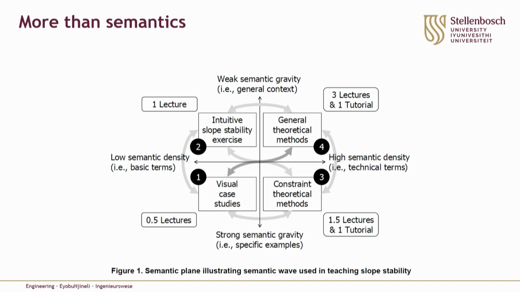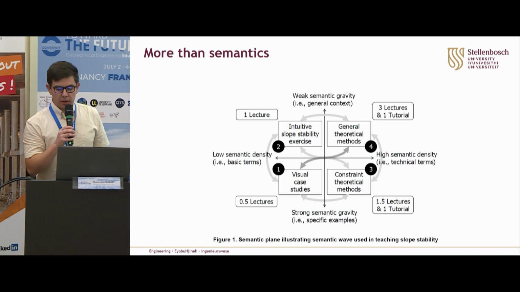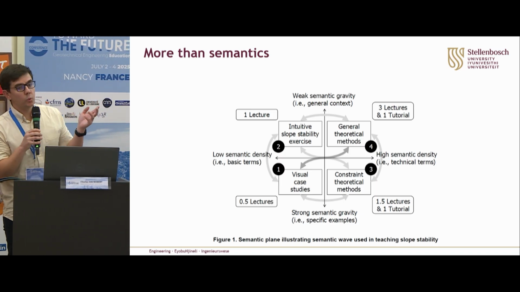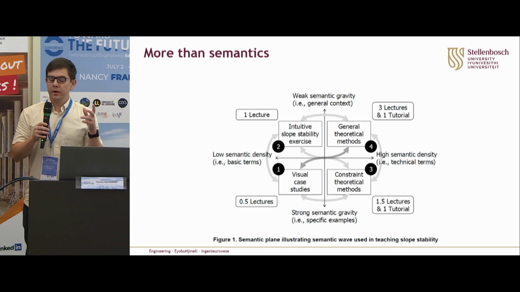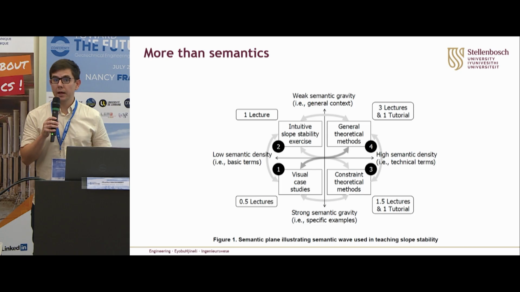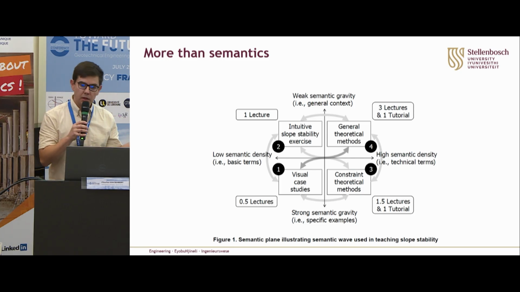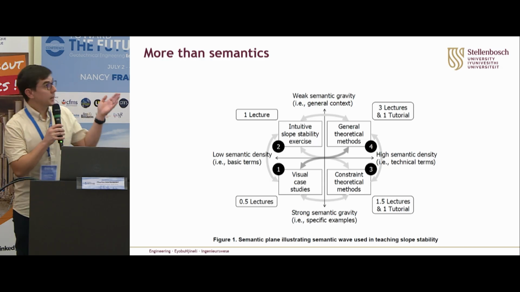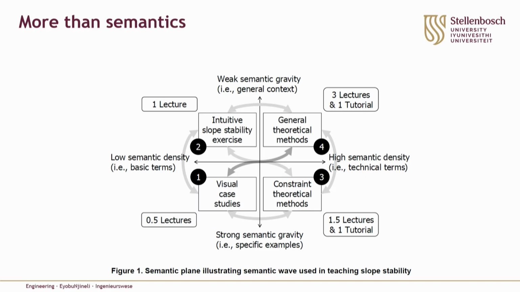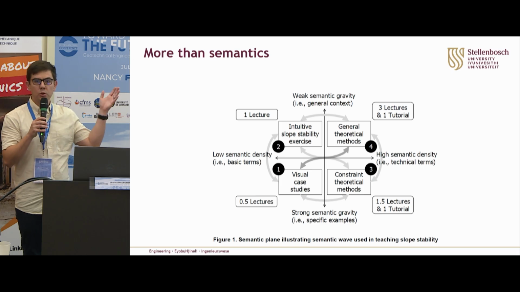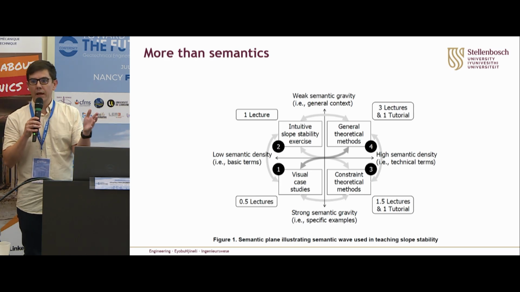Okay, so this is a graph where we have 4 quadrants. The first quadrant is where we use informal language for very specific examples. And we tend to introduce our context in this quadrant. And then the second quadrant is where we're still using informal language, but we're trying to generalize the concepts from very specific examples. The third quadrant is where we're starting to map informal language to formal language or symbolic logic,